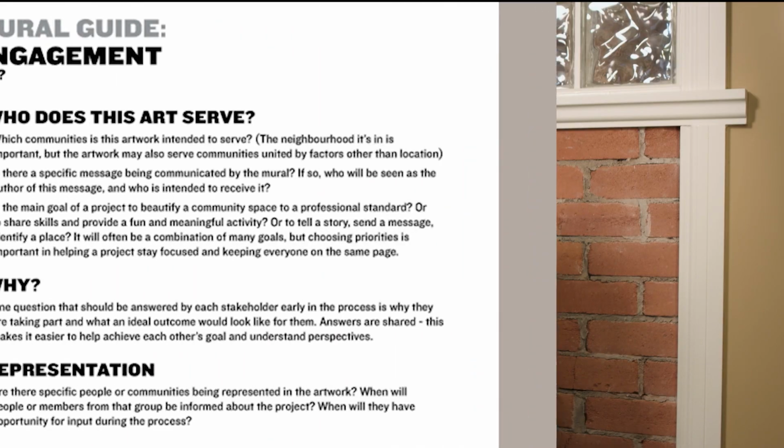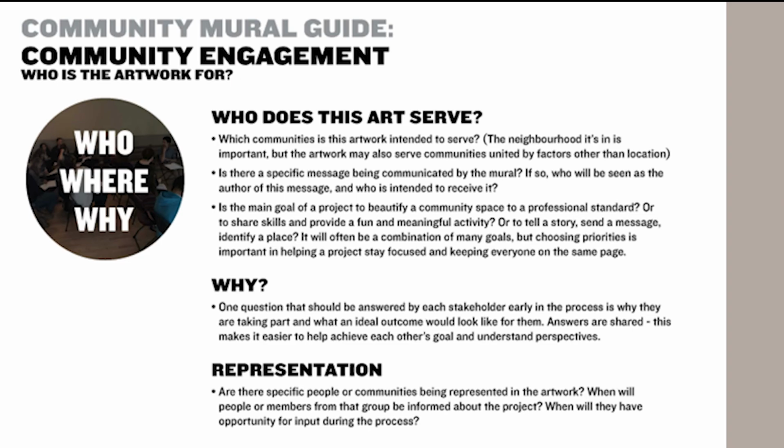AJ has a beautiful section in his resource guide about how to do community engagement. And he really starts with the question, who does this art serve? What a lovely way to look at it. So really your question when you're looking at your art in the public realm, when it's something that the public gets to experience, is who is going to be seeing that art every day? Who's going to be experiencing it? Who's going to be walking by it? Who is it for? And how can the art effectively serve the public that it's contributing to? What a lovely way to look at engagement.